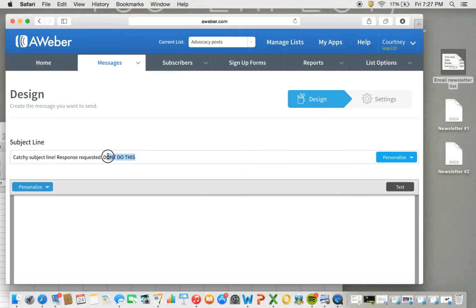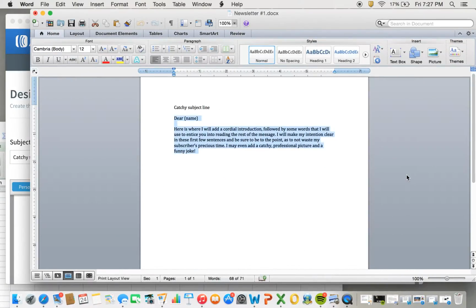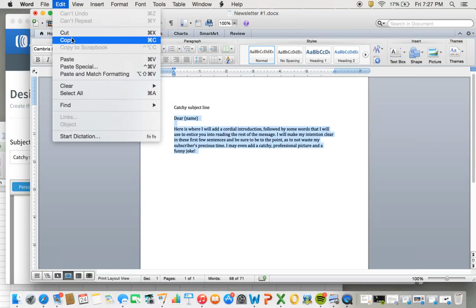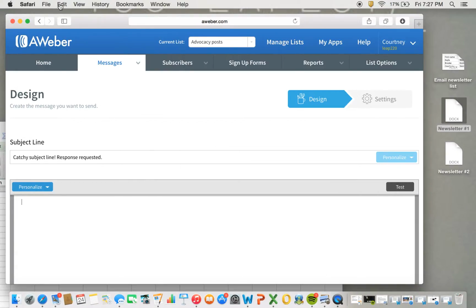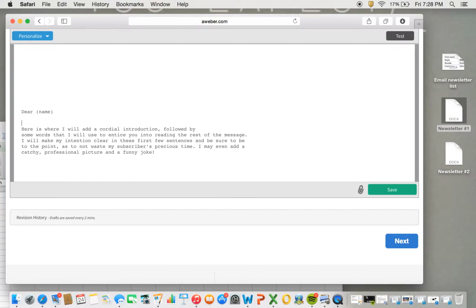So underneath the subject line is the body of your email. Adding and modifying content is simple. You just type it in, hover over it, and you can change the font size, etc. We've gone ahead and created a sample that we are just going to copy and paste. So open your email, File, Edit, Copy, go back to Aweber, click on Edit, and Paste. So when you're done, you should go ahead and make sure that it looks the way you want formatting wise,